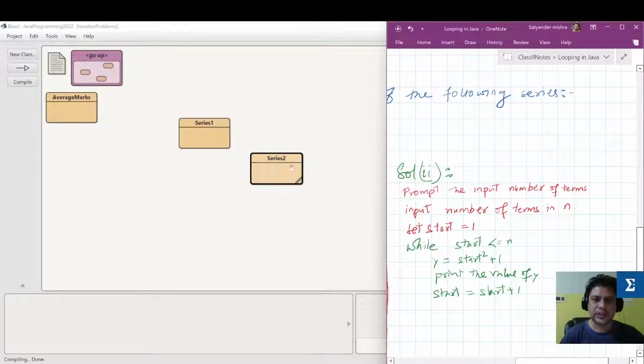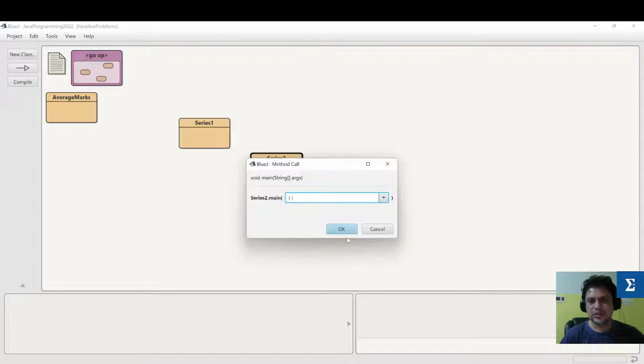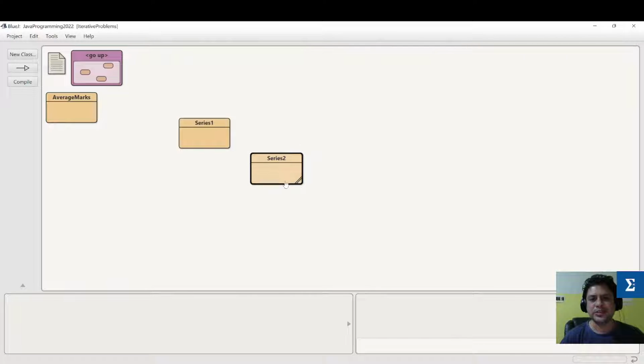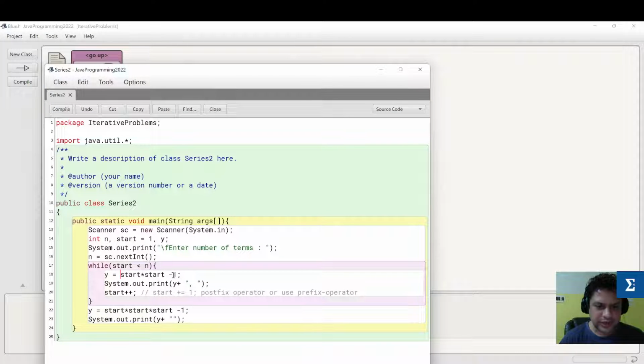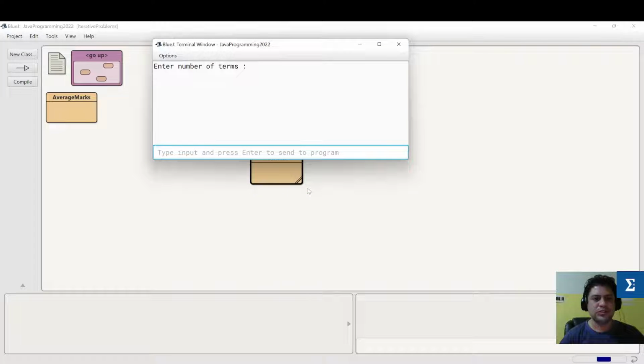So let me close this and execute the series 2. If I write here 10, it will print the 10 terms. You can see that 0. Achha, here we have to plus 1, not -1. There is a mistake out here. So here we have to add the value of 1, not subtract. So be careful. Let me execute this code once again. Number of terms 10. So now you can see that 2, 5, 10, 17, 26, 37, 50, 65, 82, and